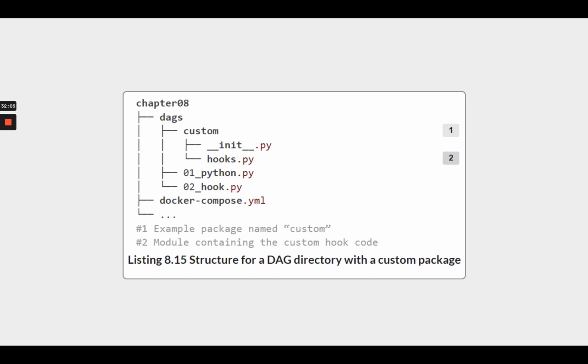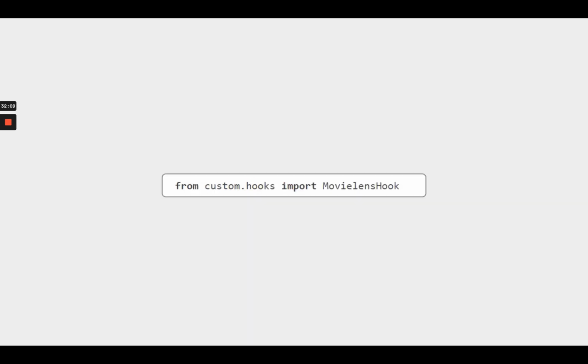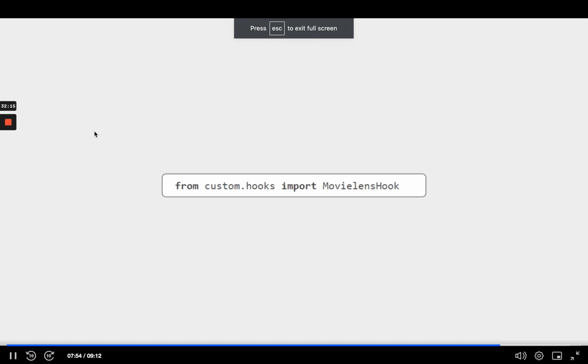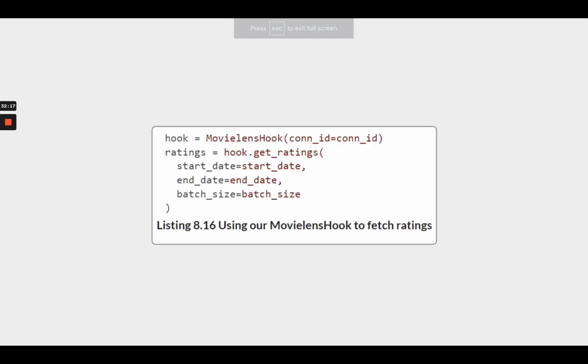Footnote 5. We'll show another package-based approach later in this chapter. Once we have this package, we can import our hook from the new custom package, which contains our custom hook code. After importing the hook, fetching ratings becomes quite simple. We only need to instantiate the hook with the proper connection ID, and